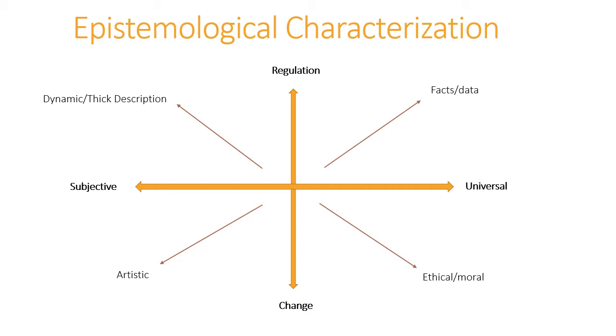So what are they trying to do? What does it look like for a paradigm to be in one of these given quadrants? Well, a paradigm that is, again, trying to change things and relying on universal truths or trying to generalize things in a more universal way, well, they're going to end up making ethical or moral arguments. This would be what we call a critical paradigm, right? So they're trying to change things based on these assumptions they have about the nature of reality, namely that systems are corrupt and oppressive, right? So this would be the critical paradigm down here.